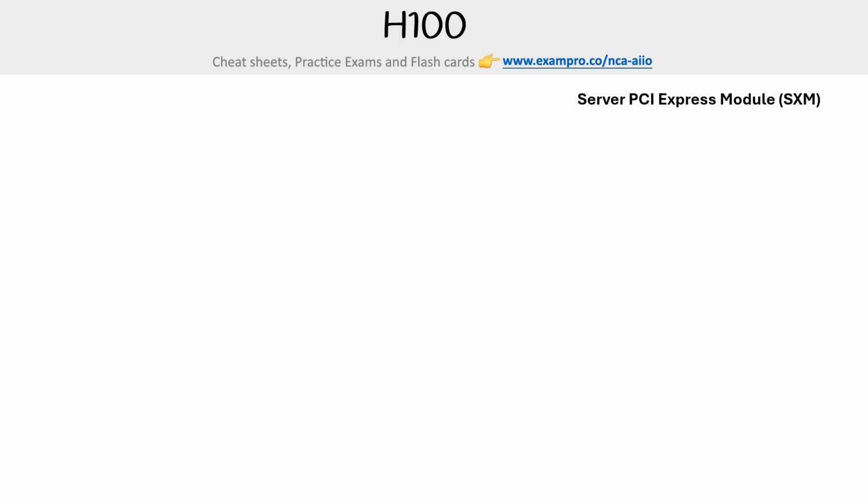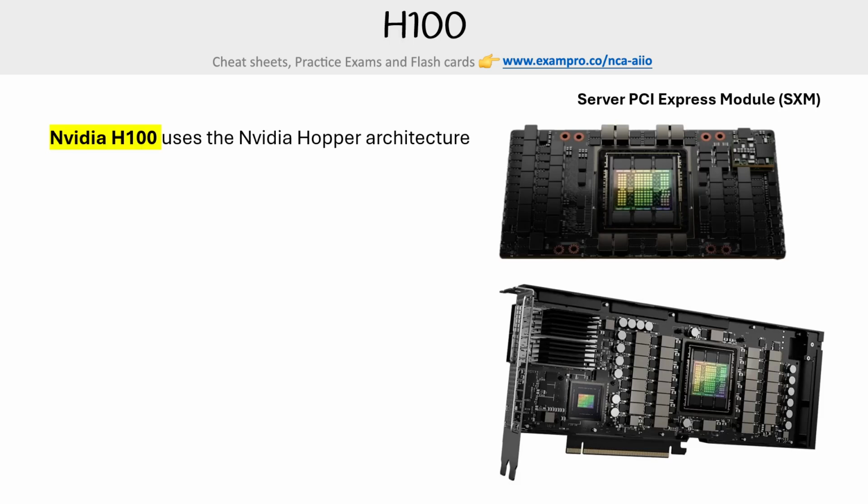Hey folks, we are taking a look at the H100, and this piece of hardware comes in two flavors, which we will cover here in just a moment, and it's using the NVIDIA Hopper architecture, which we will dive into. One thing that I do need to point out is that these H100s are probably going to be in use for quite a while, like to the end of the decade, and this has to do with the fact that there is,